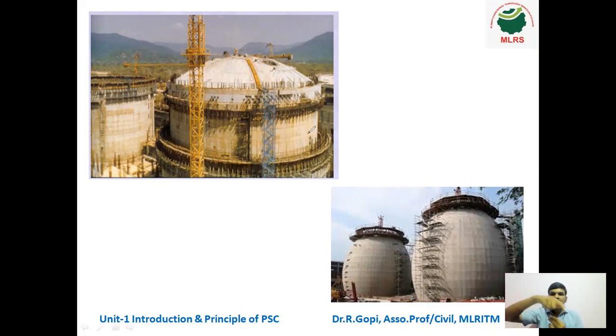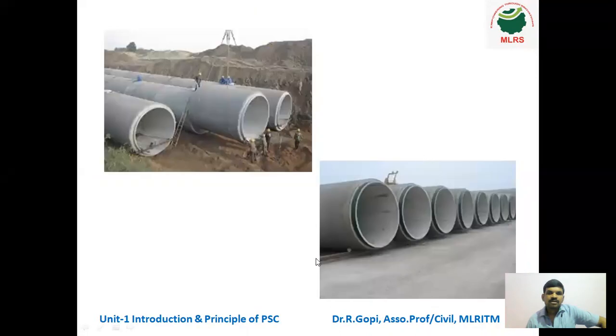The tendons are not in a straight line. They are in a curved line. If you see in top view, along with the concrete wall, that means circular shape. The tendons are also placed under prestress in the circular shape. Okay, and also circular pipes. So if a pipe carries high pressure water or other liquids, this circular prestressing technique is used. So you can see here the size of the pipe.